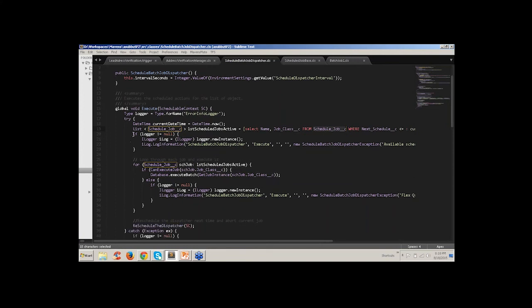The if statements that you see here are basically logging frameworks. Now, one most important thing that you need to think about is that when you implement the scheduler dispatcher framework, this is something which is going to run 24/7.